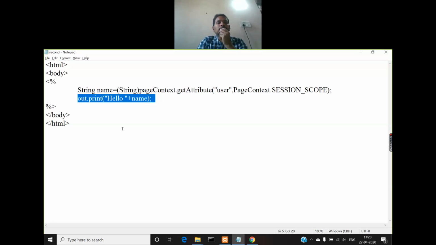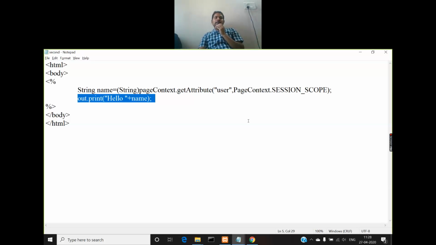In how many ways can you use this pageContext? In four ways, for creating attributes and storing them with four different scopes: first page scope, second request scope, third session scope, and fourth application scope. To specify these scopes, you have four integer variables declared inside the class called PageContext.